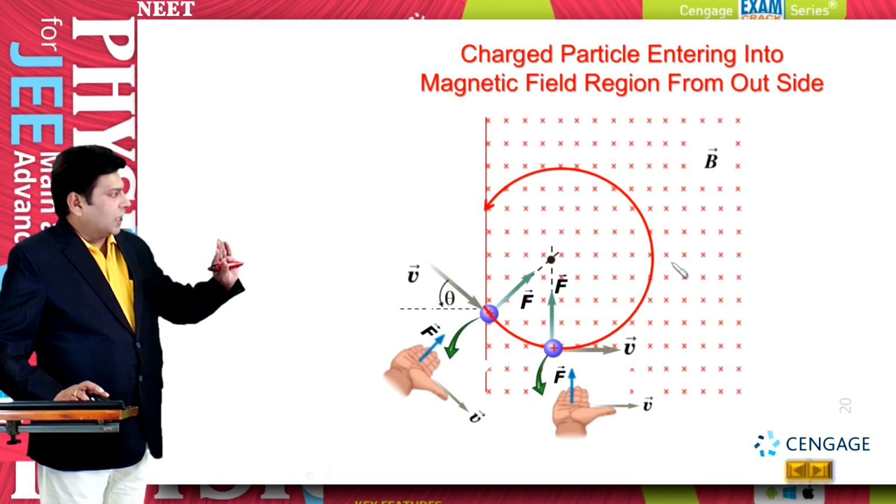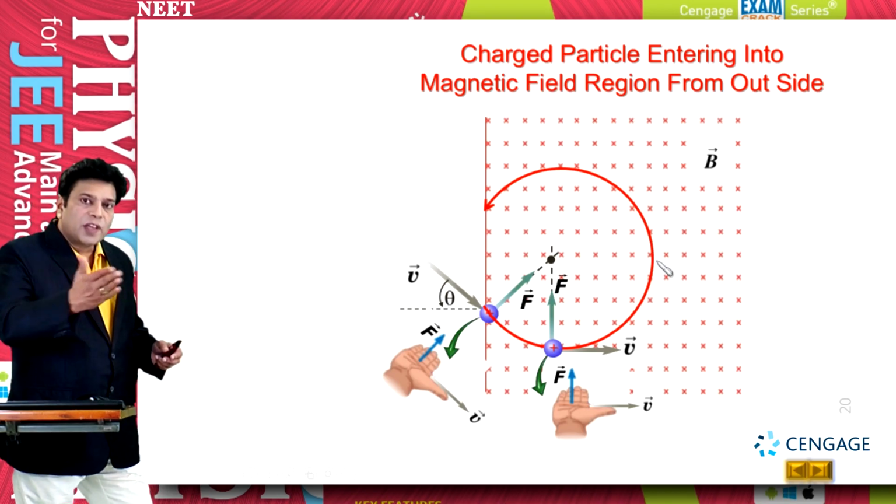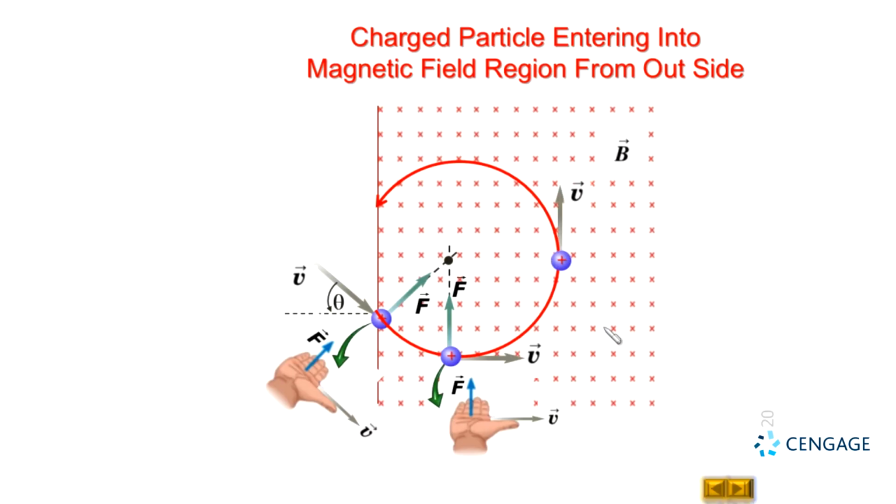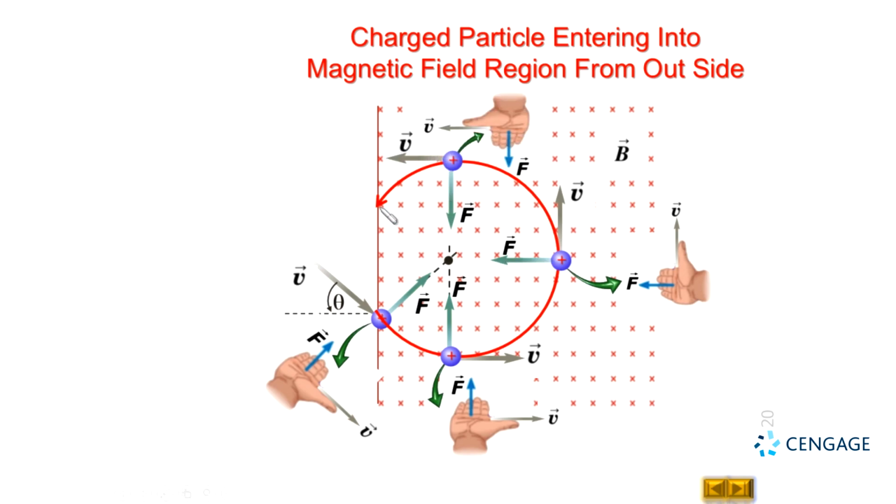And here also we can find that the direction of the magnetic force is always toward the center of the circle like this. Suppose we take a point here, the direction of the force is like this; if we take a point here, the direction of the force is downward; and here when the charged particle is coming out, the direction of the force is again toward the center of the circle. Correct? Here the charged particle will come out in a symmetrical fashion. That means if this velocity vector is making angle theta with the horizontal, the velocity when it is coming out will also make angle theta with the horizontal, but in the downward direction. We got the trajectory of the charged particle.